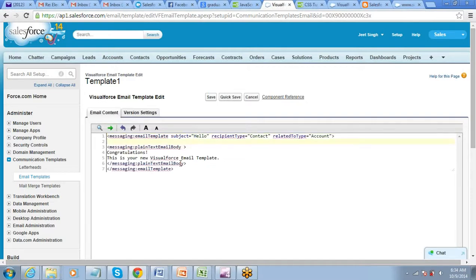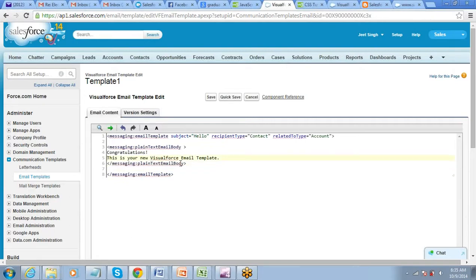So these are the required attributes on the first line of the code, in case you are writing the code there. And then you will write the plain text body for the email. Put whatever you want to put in the body, and then messaging plain text email body close, and there is where your email template also closes. Alright.